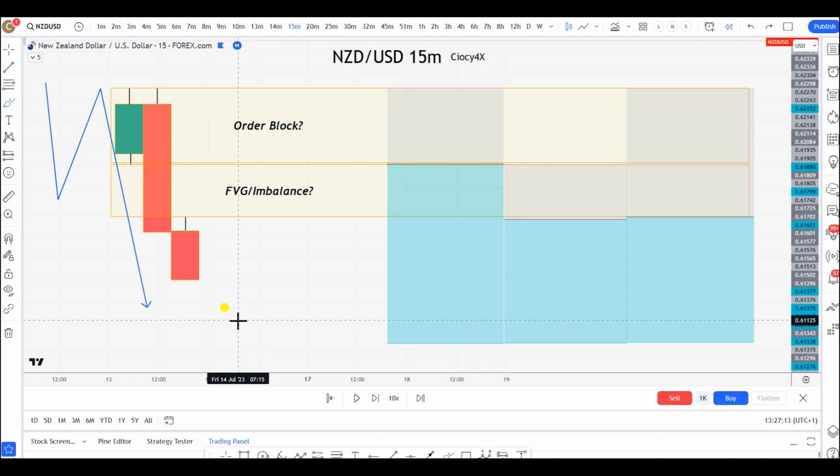And the same thing I did here with order block and imbalance. When it came to the order block, I started asking myself, okay, what is the importance of an order block and what exactly is the order block doing? And the same thing for the imbalance as well.